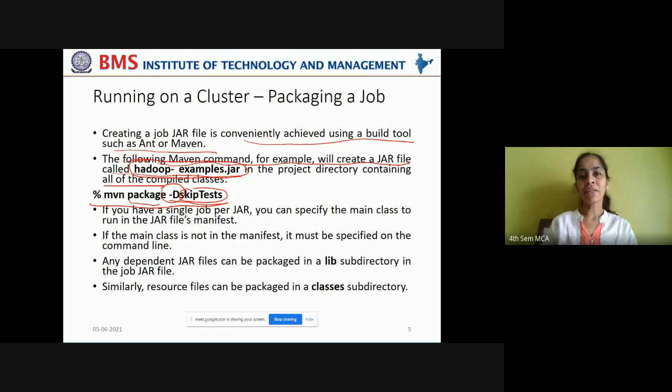Remember, tests are written to check your code at a local machine, right? In a pseudo distributed mode. You're testing it on your local machine, on your local file system in a pseudo distributed mode. And you don't want those tests to be carried on to your Hadoop cluster. That is why you're using Maven while packaging the job: skip all the unit tests that are written to check your code at a smaller scale, right? Now, if you have a single job per jar, you have to use